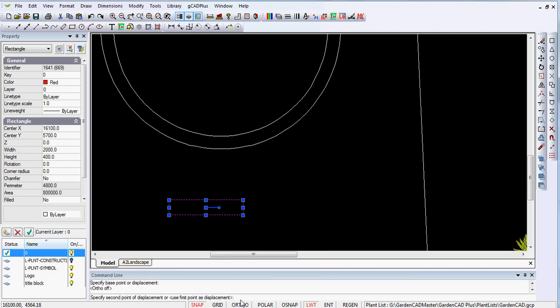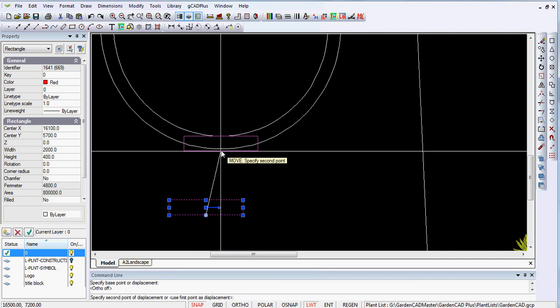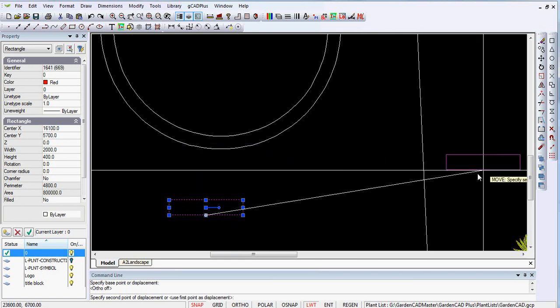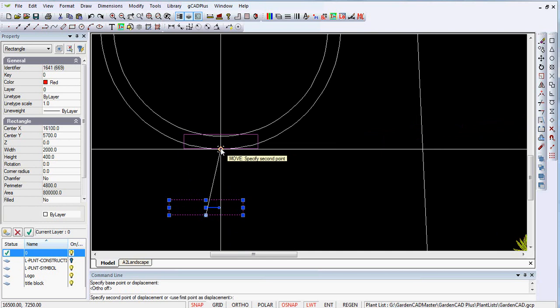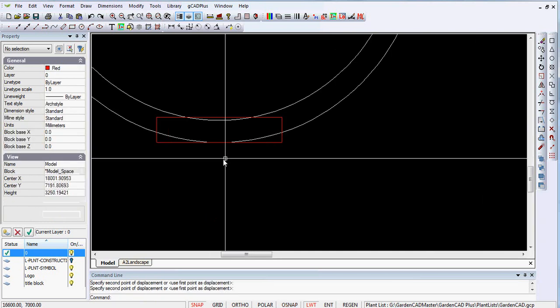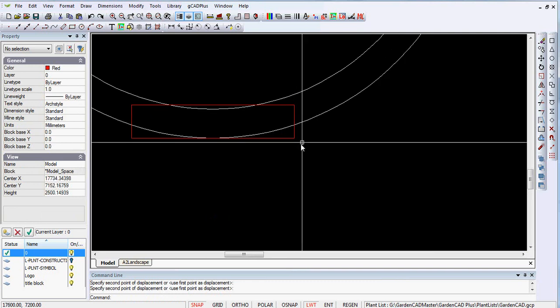I've got ortho on. I'll take ortho off so that I can move in any direction. And I want to anchor the point there at the quadrant of that circle. That circle has a centre point in 4 quadrants. And this little diamond shape over here is the entity snap that will pick up the quadrant of that circle. So now my step is sitting quite nicely in position, but I want to move